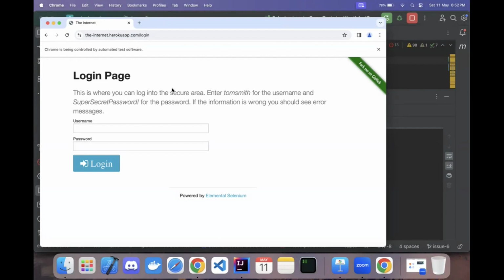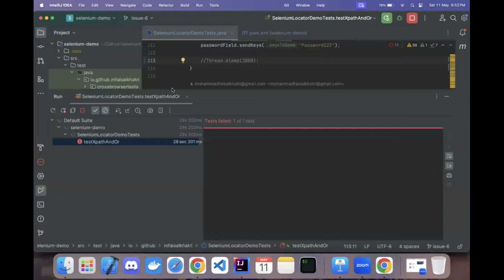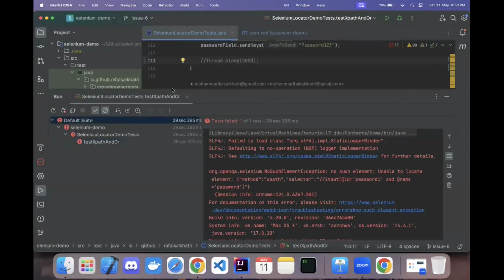As we have supplied an implicit wait here, it will wait for around 20 seconds, that is the time duration supplied here. And you can see that the NoSuchElementException was thrown, stating that the element was unable to be located with XPath selector input ID password one and name equal